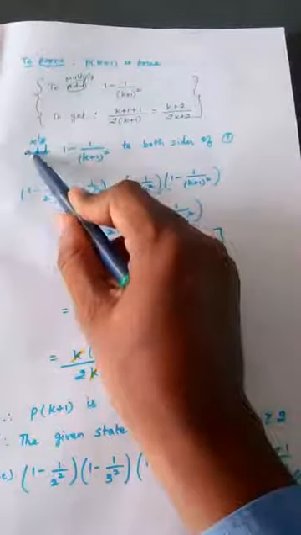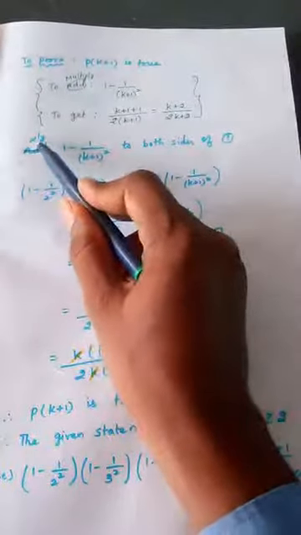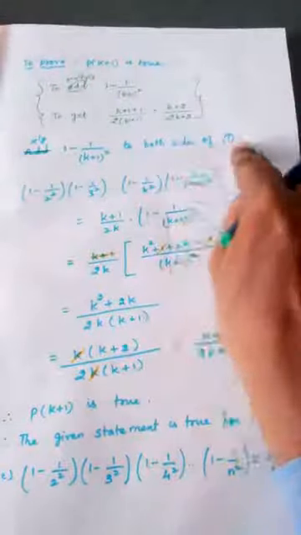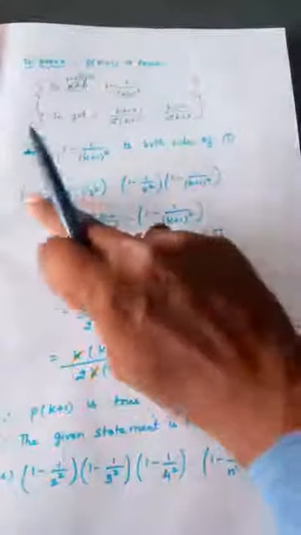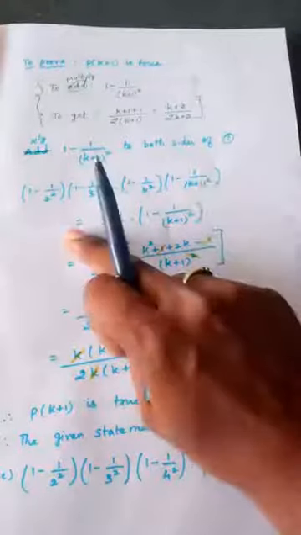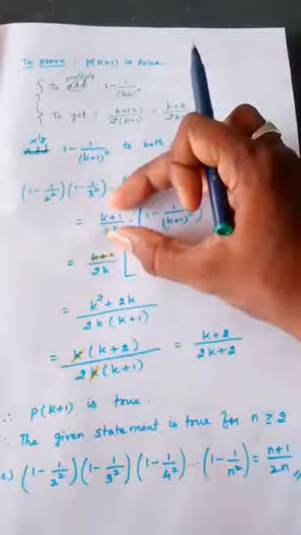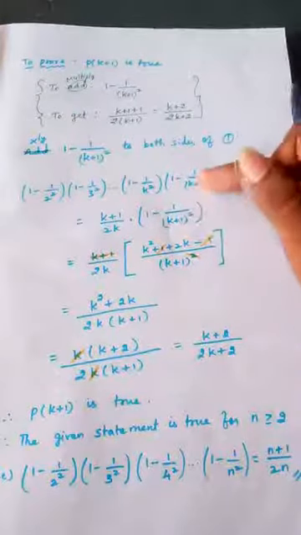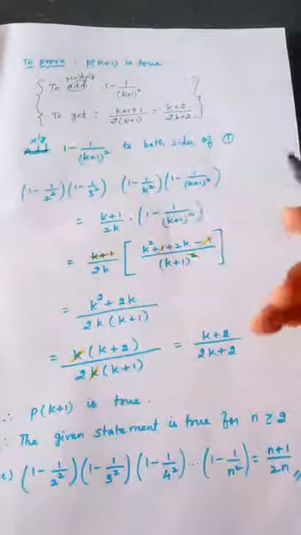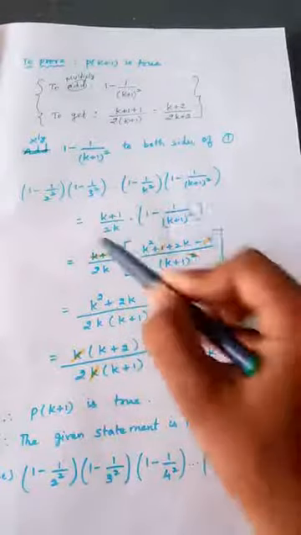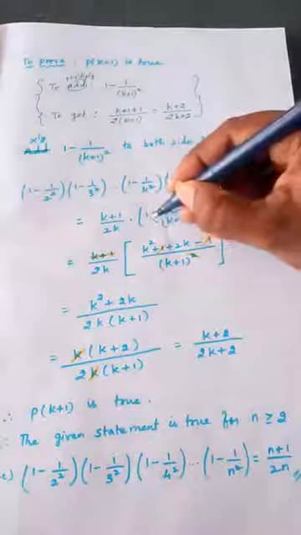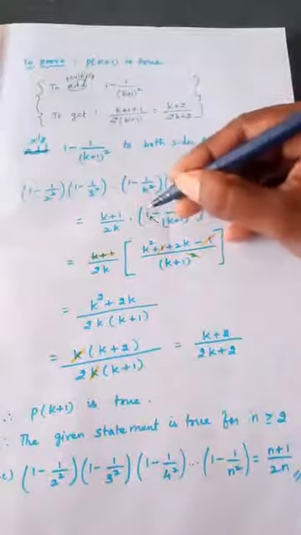So again see, I am just striking out addition and putting multiplying. I told you the reason. So multiplying this term to both sides of equation 1. What we are doing? We are multiplying this term extra, and this is nothing but RHS of equation number 1. So multiplying this term to both sides of equation number 1. So what happens in the RHS? This is RHS. k plus 1 is here, 2k is here. Just cross multiply this. This will come here, right? So k plus 1 whole square will come here.